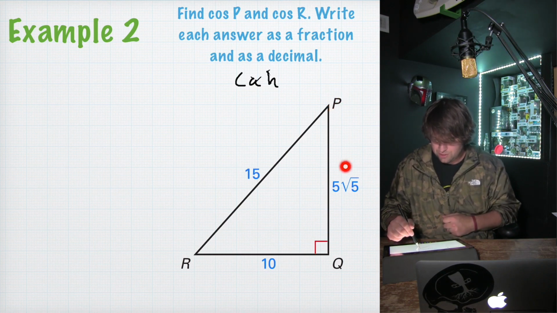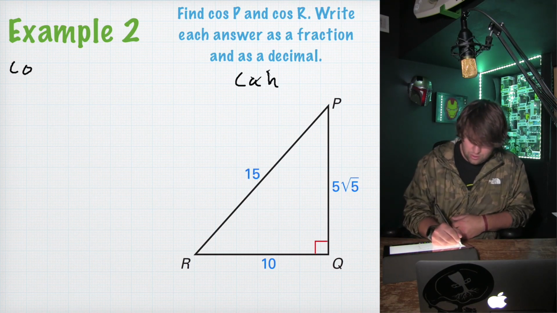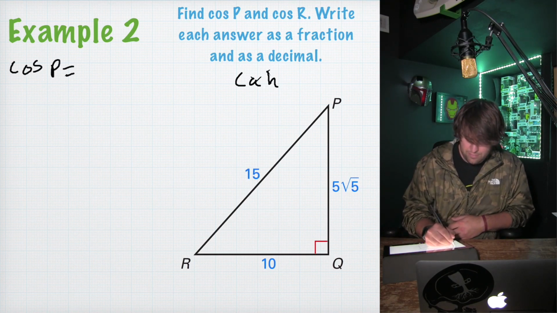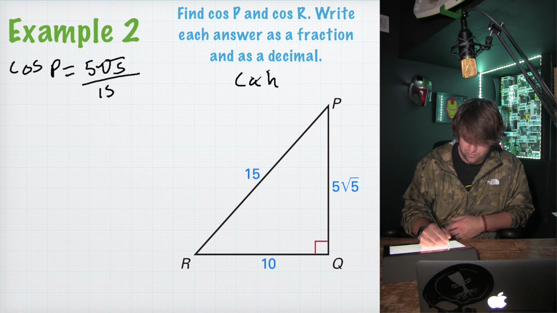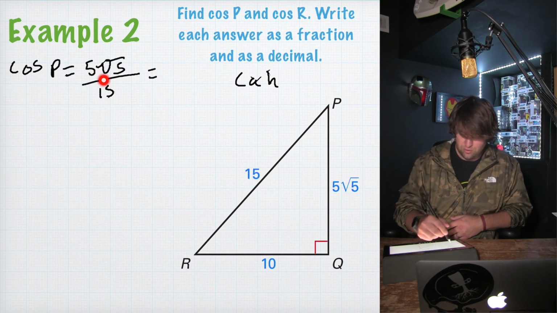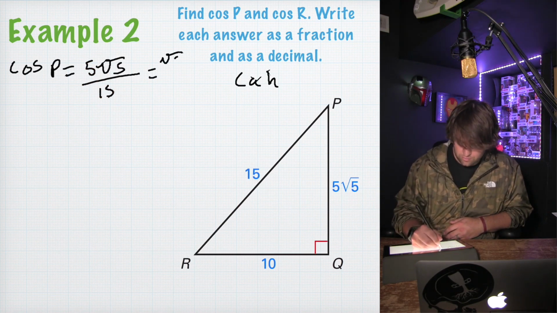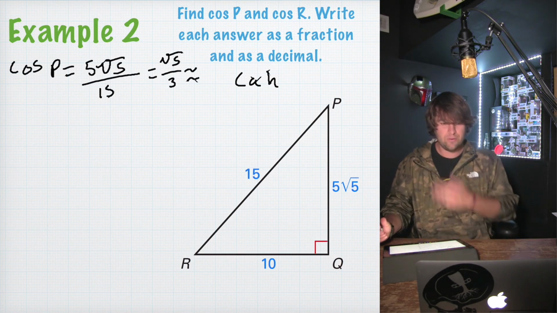So of P, adjacent would be 5 square root 5 over 15. So cosine P equals 5 square root 5 over 15. That simplifies by dividing top and bottom by 5, the 5 disappears and this becomes a 3. Square root 5 over 3, which is about